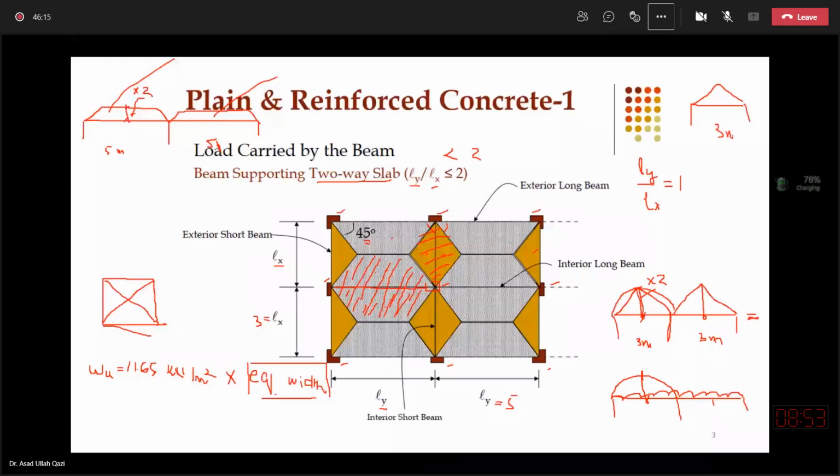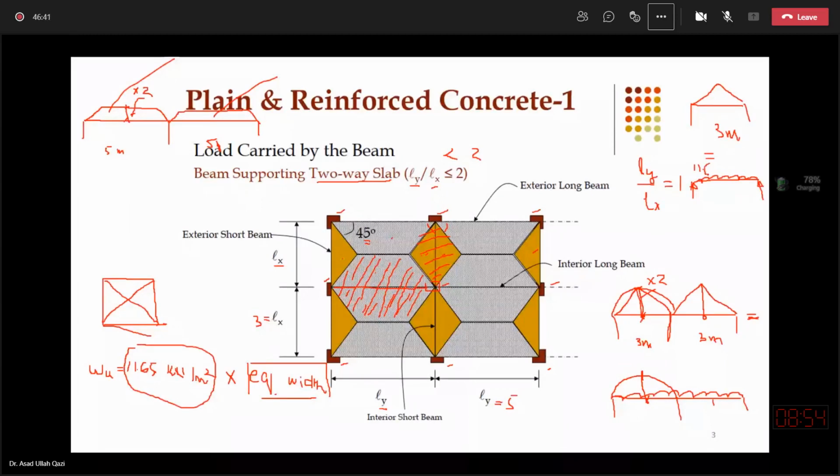For this beam, the pressure on this slab system was, suppose, 11.65 kilonewton per meter square. So I will multiply 11.65 into 2 by 3 LX,